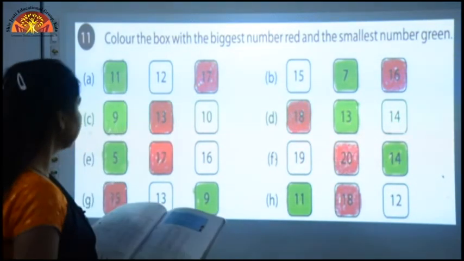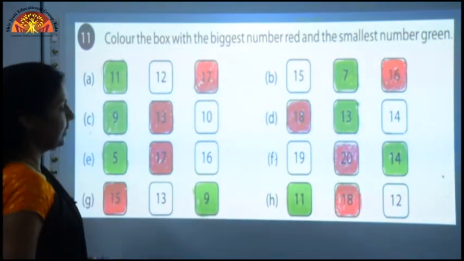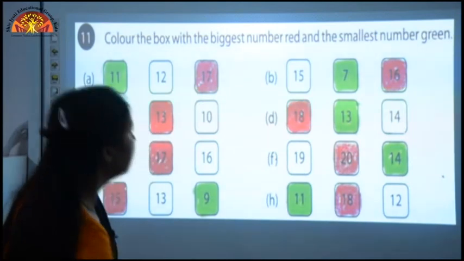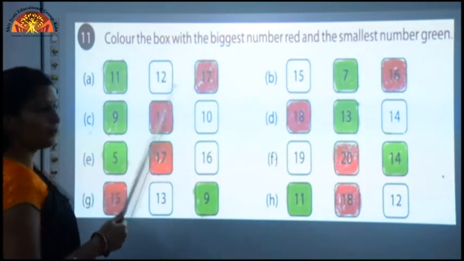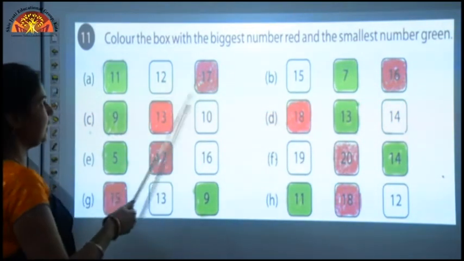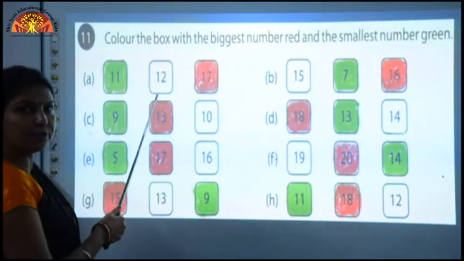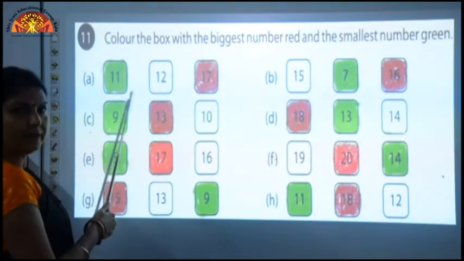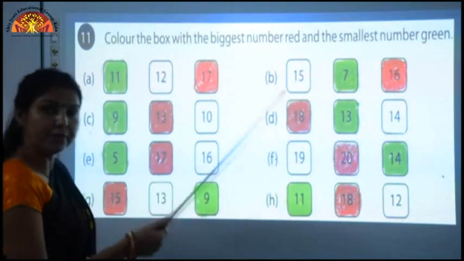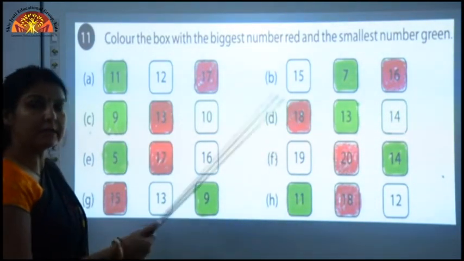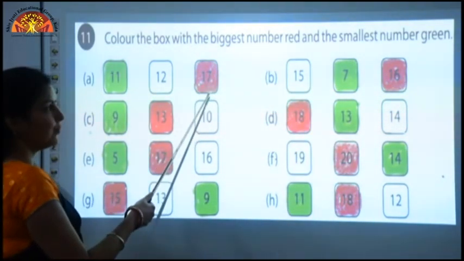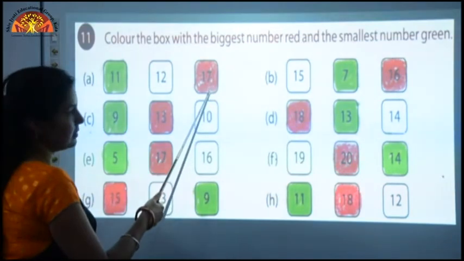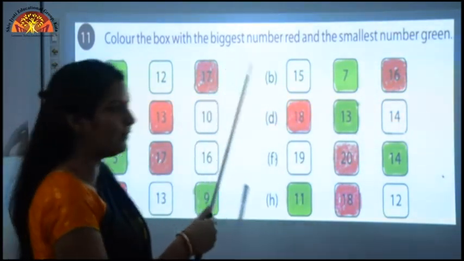Numbers are 11, 12 and 17. Again you can check in the counting which number is closer to 0 among these three. 11 is closer to 0, so it will be smaller, and the 17 is farther from 0. It comes later in the counting, so this number will be the biggest number. You will fill red color inside this box. I hope you have understood.